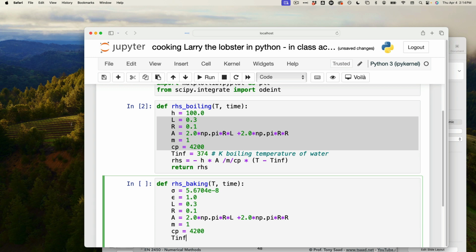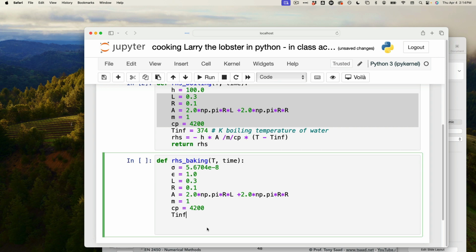T infinity for the oven, let's say you're baking at 425. You could go to broiling, 550. You could go to almost like air frying at 390. It's a parameter that we are going to change to study which one is going to be faster. So that's the whole point. We're using the ODE as a venue to reverse engineer what material we need to cook the lobster in. T infinity, let's put it at 450. So that is Kelvin oven temperature. And again, this is a very rudimentary model, but it does a great job